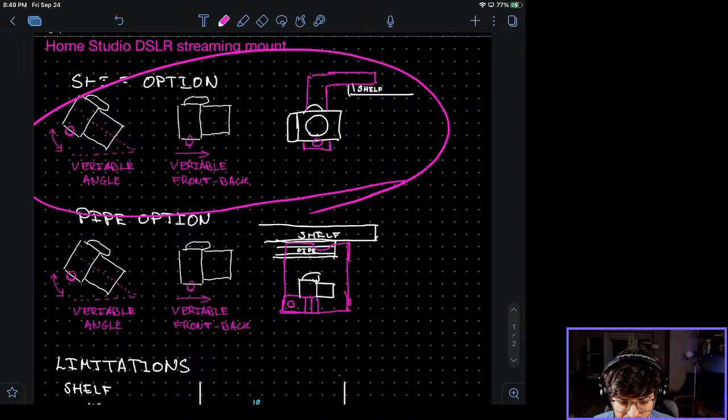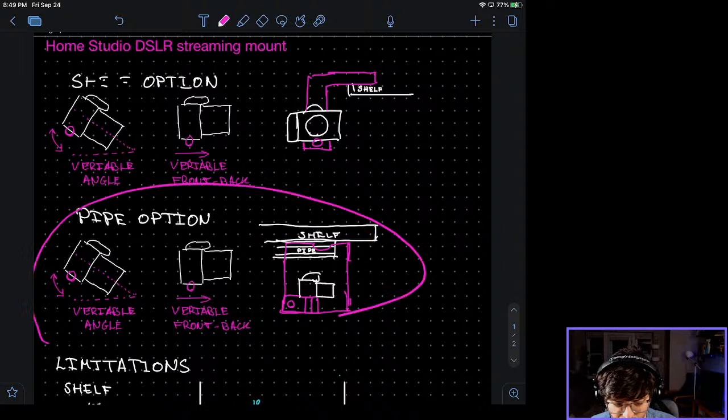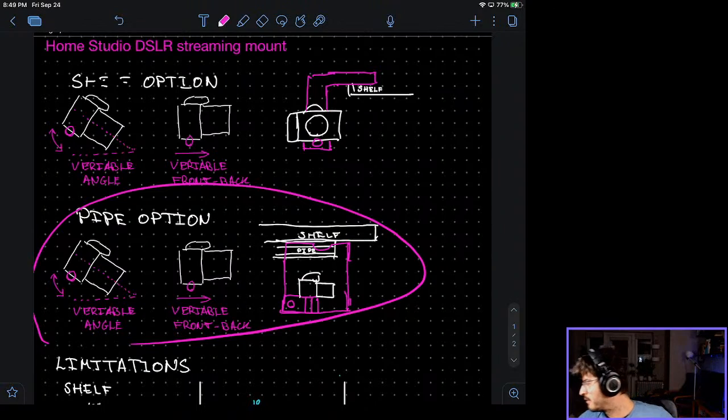Because I did try doing this pipe option, but it didn't work out. So I do have the previous options.